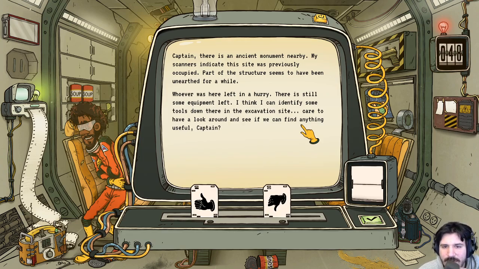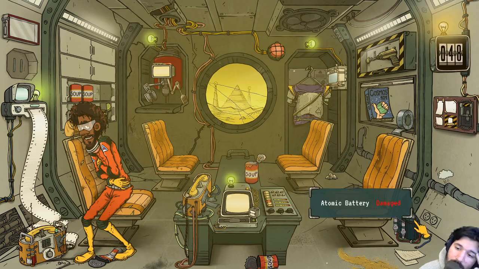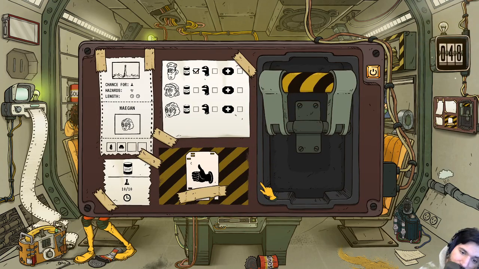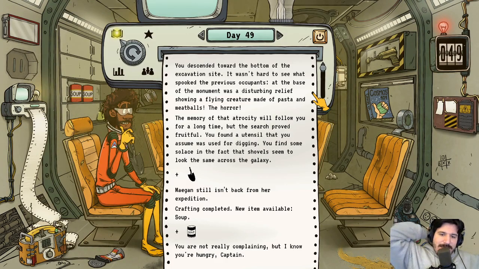I think I can identify some tools down there in the excavation site. Want to have a look around to see if we can find anything useful? Sure. Craft some food as well. And we'll eat some food. Megan should be back. Oh no. Let's say she's dead, but...